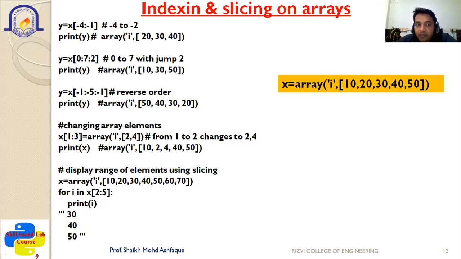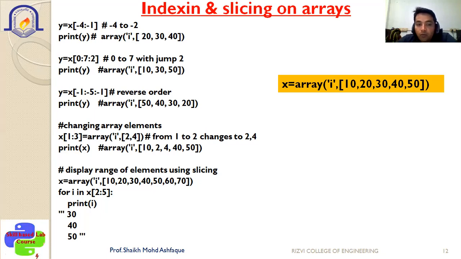So if you want to print it in the reverse order, you will do the increment of -1. As you can see in the previous example as well, -1, -4 colon -1. So here it will go from right to left, but basically it will print the data in the same way. So if you want to reverse the data by using slicing, you can use y equal to x[-1: up to the position which you want to print]. At the same time, you have to give the jump or the increment as -1. So basically, you are able to print your reverse data.